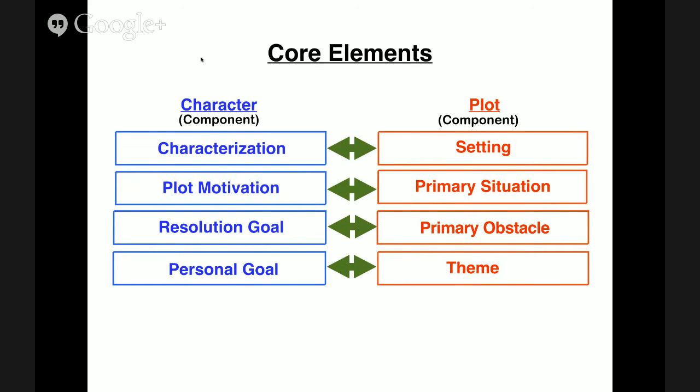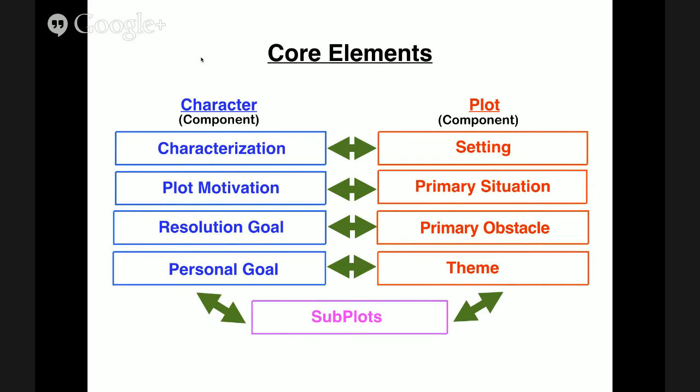And as you see, they're lined up a specific way, which we'll get into, because each one relates to its opposite. Subplots rounded out, so it's like nine core elements, but the subplots we keep separate for a reason. You'll see. Now, it's that relationship between each element and its counterpart that creates the depth and the quality of the story, and we'll show you how as well.